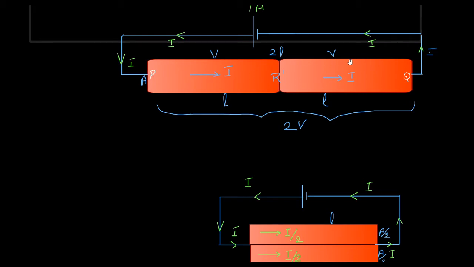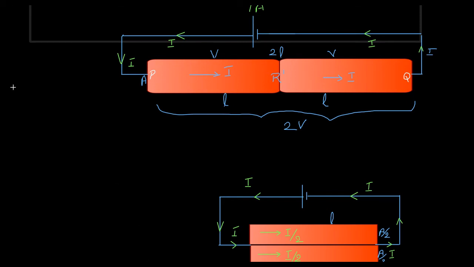The combination has a total potential difference of 2V and total length 2L. A be the area of cross section of the conductor which is uniform throughout. If I is the current passing through the conductor,